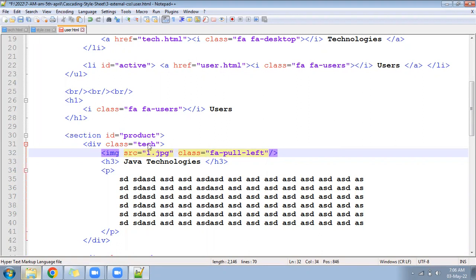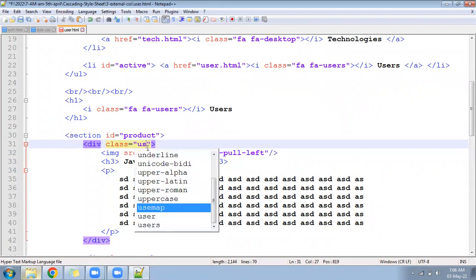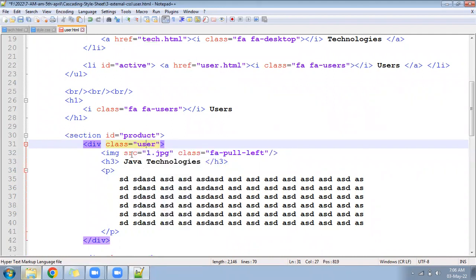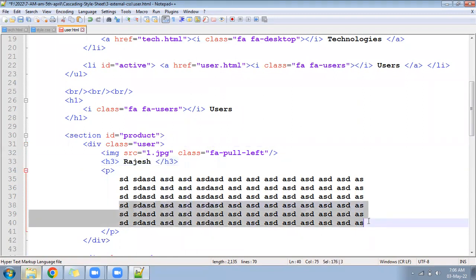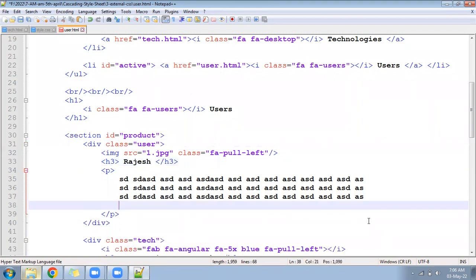Then this stat class we can replace with the user class. The name we can change here, Rajesh. The text we can reduce,